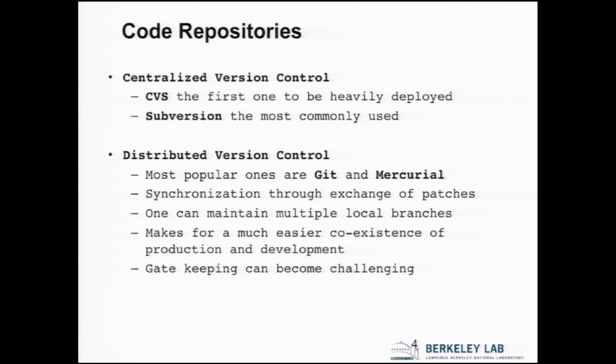And one can maintain multiple local branches. So the advantages versus disadvantages. In Subversion, typically how you work is you get your working copy, you make modifications to your working copy, you check in. Now, if you want to have much more extensive modifications that might collide with others, you typically have to create your branch and you have to check into it,